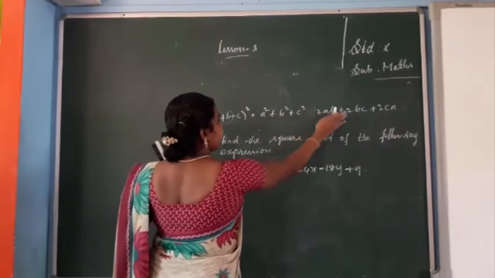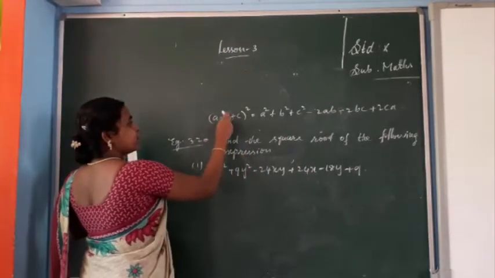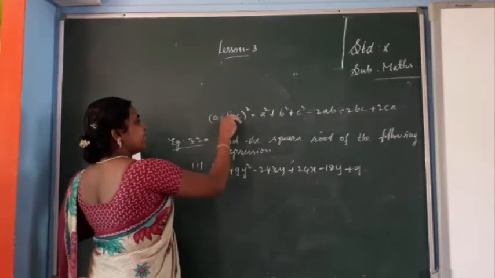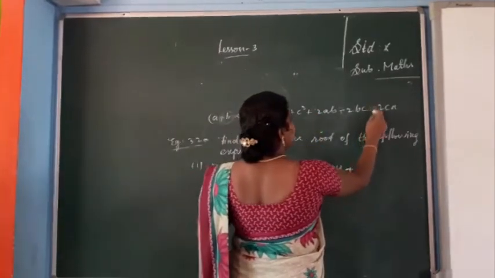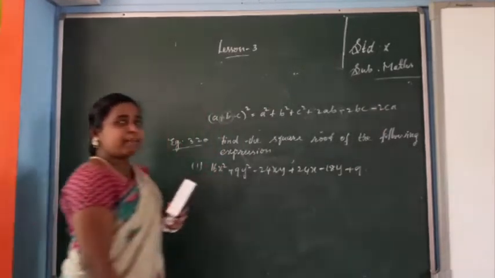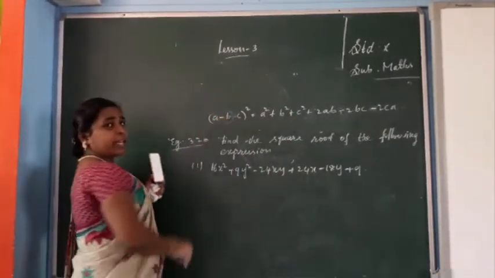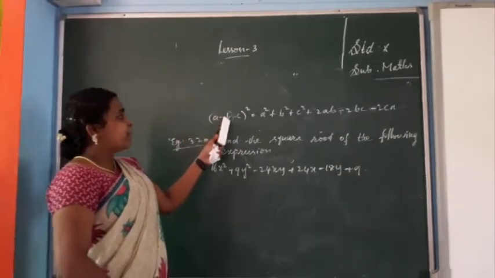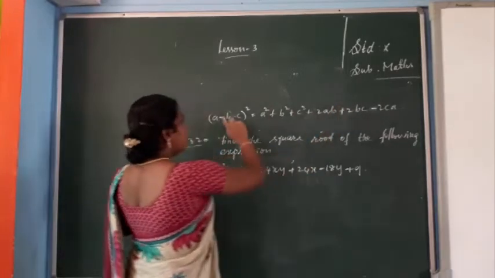Here, wherever b is coming, there you will get minus. So if b is minus, suppose c is minus. C is minus means wherever c is coming, that place is minus. These two parts where c is coming, they are minus. Suppose both are minus, meaning both a and b, so a and b is minus, then b and c, where it is coming, that is positive because both are negative.